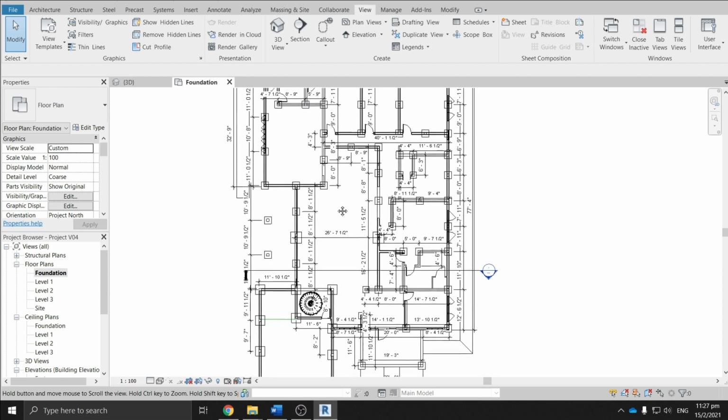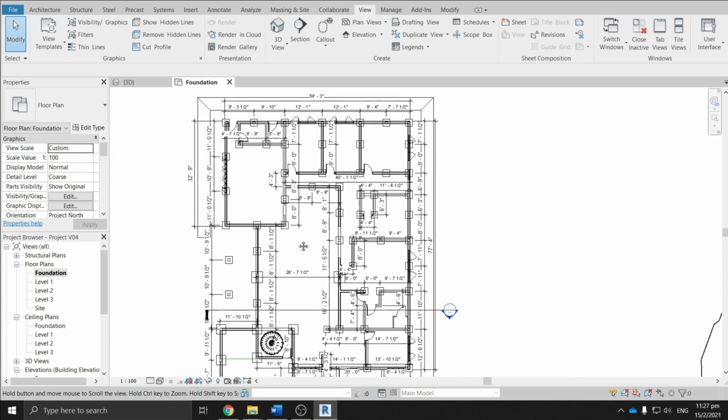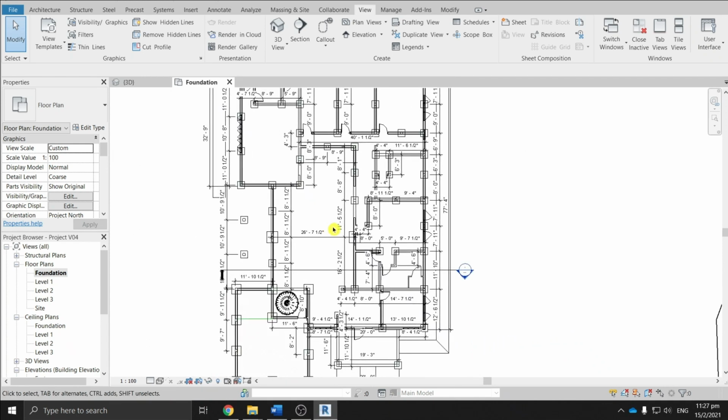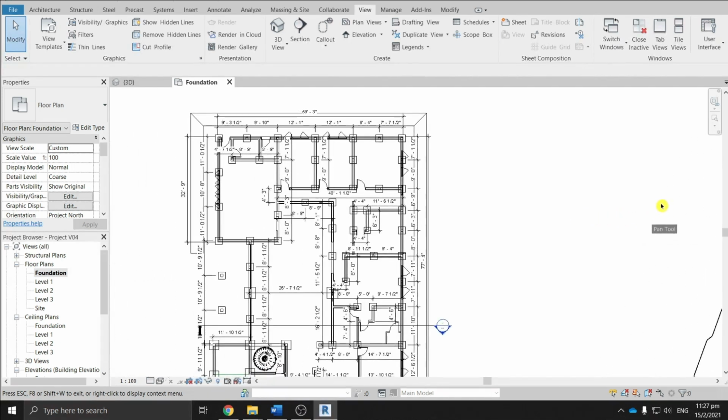Now move the mouse in any direction you want by holding the middle mouse button. This is the easiest way to do the panning. There's another way that you can do it. If your middle mouse button is malfunctioning or not working, you can use the 2D wheel in the navigation bar. Once you click on this 2D wheel, it will pop up and display 3 functions it can do: panning, zooming, and rewinding. Click and hold on the pan panel to pan the drawing around.